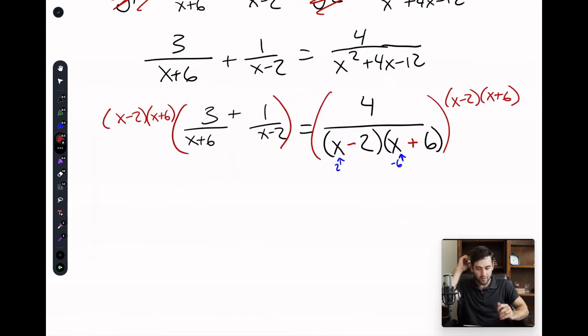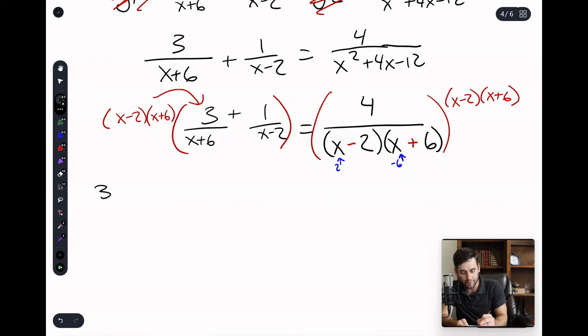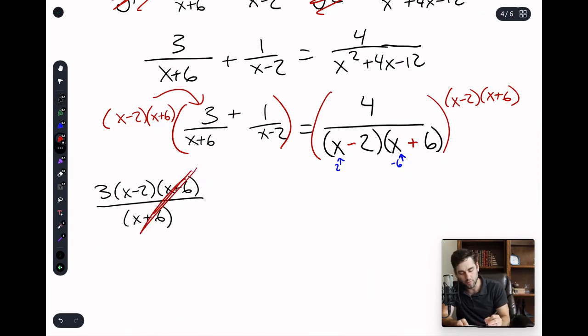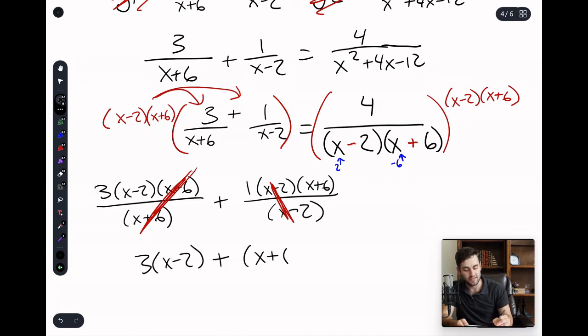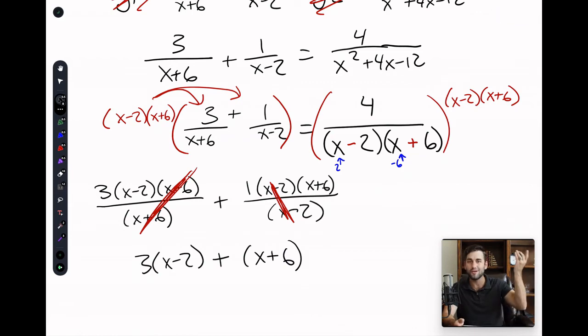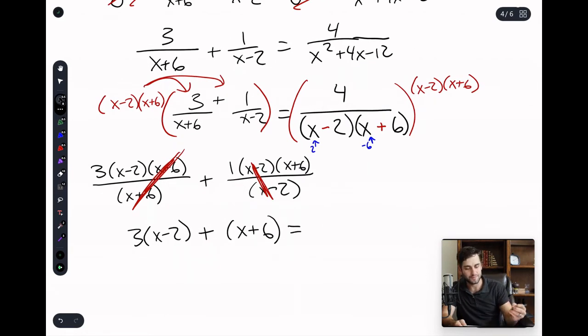All right, so if we keep working, we're going to distribute again, just like we always do. So we're left with 3 times x minus 2 times x plus 6 over x plus 6. And guess what happens? Something cancels. Boom. Makes our lives easier. We're going to do it again. Keep that distribution going. Someone will be sad in the back of the class if we didn't give them a cookie. So we're left with 1 times x minus 2 times x plus 6 all over x. Guess what happens again? Something cancels. So now we're left with 3x minus 2 plus x plus 6. Oh, the bottom's canceled. We don't even have to do any bottom work. That's awesome.